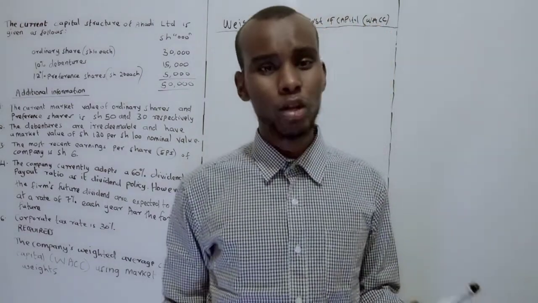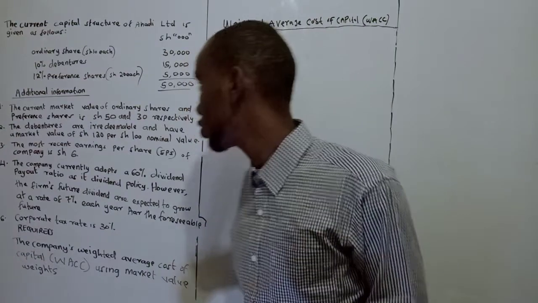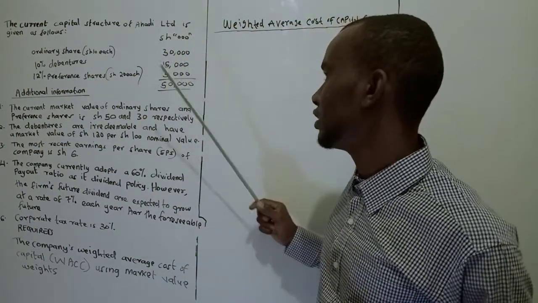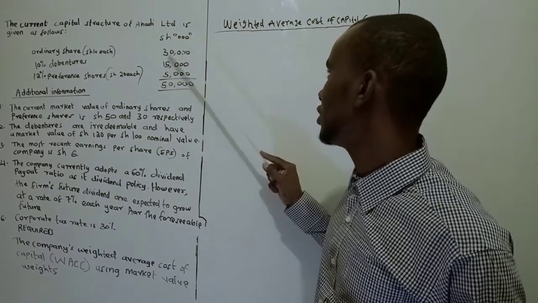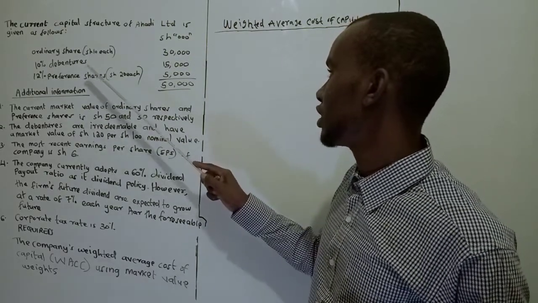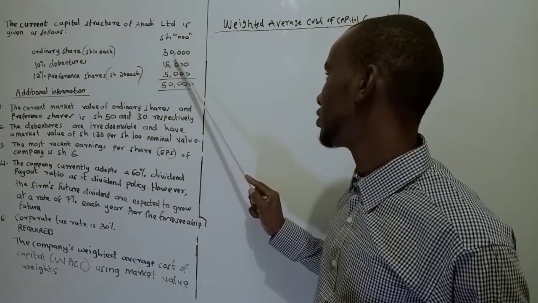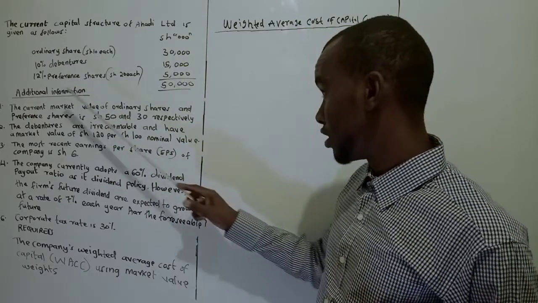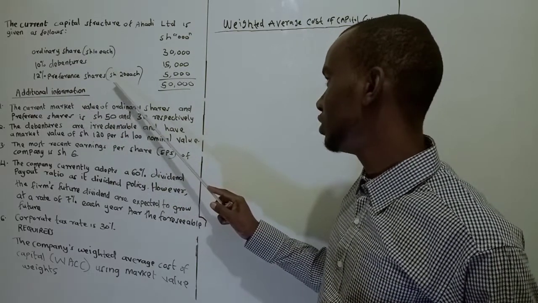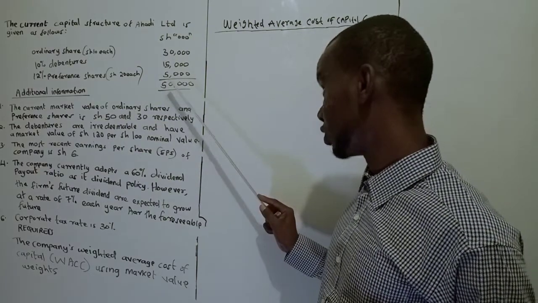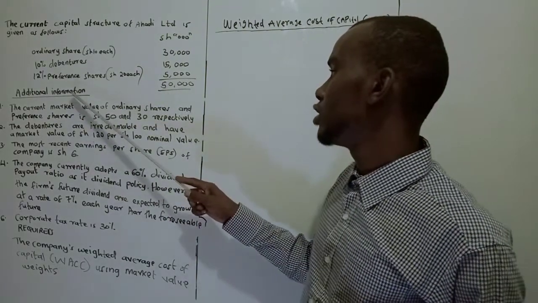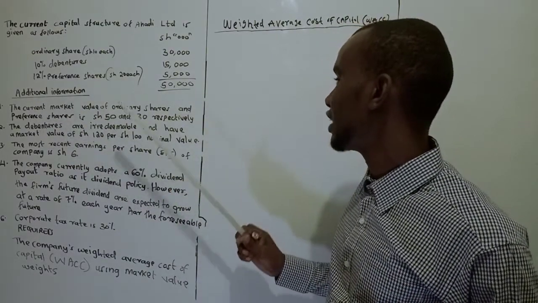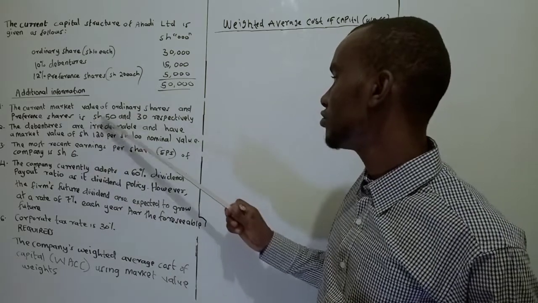Here on the board I have a question which I would like to illustrate. The question goes: we are told the current capital structure of Ahadi Limited is given as follows. We have the shillings in thousands. Ordinary share, 10 each, 30,000. 10% debenture, 15,000. Then we have 12% preference share, 20 each, 5,000. Total 50,000. Additional information. Number 1, the current market value of ordinary shares and preference shares is 50 and 30